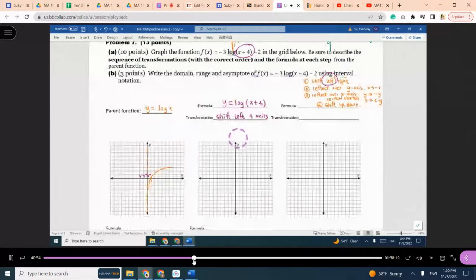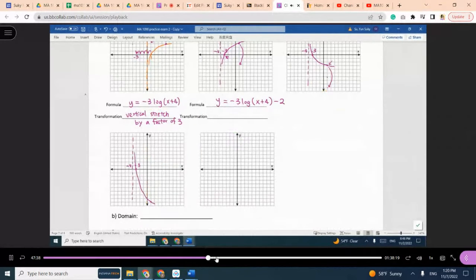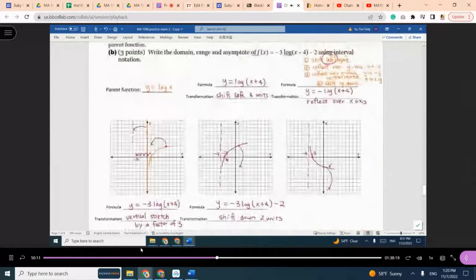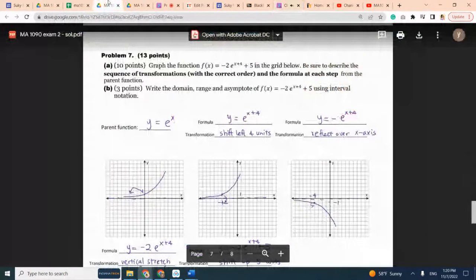And then we went over these problems, and at the end, I asked you to try that. So your actual exam now is